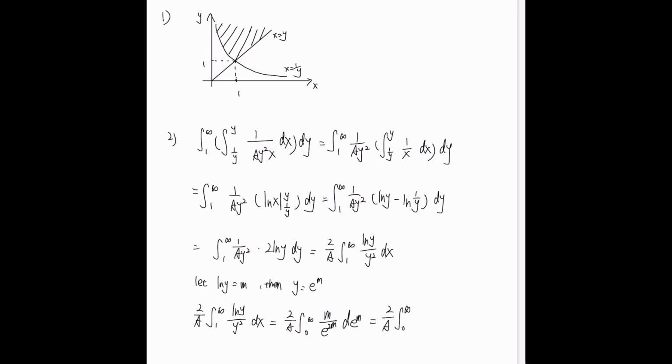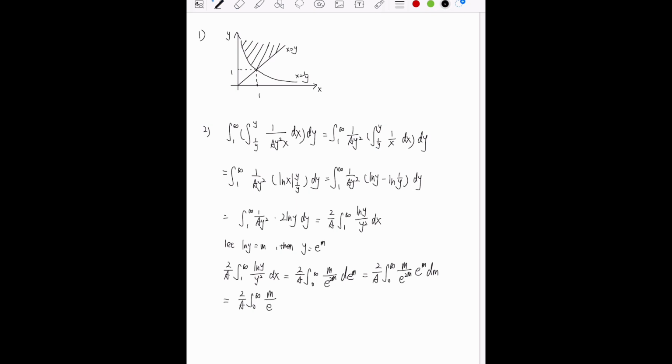equals 2 over a times the integral from 0 to infinity of m over e to the 2m times e to the m dm, equals 2 over a times the integral from 0 to infinity of m over e to the m dm, equals negative 2 over a times the integral from 0 to infinity of m d e to the negative m, equals negative 2 over a